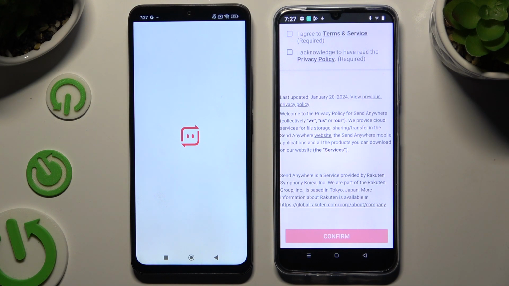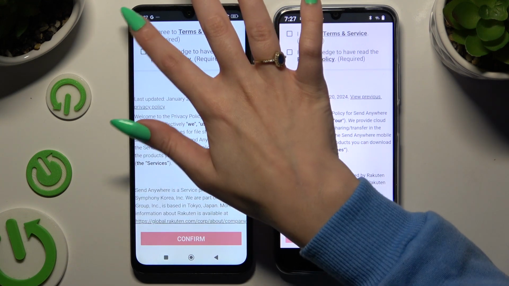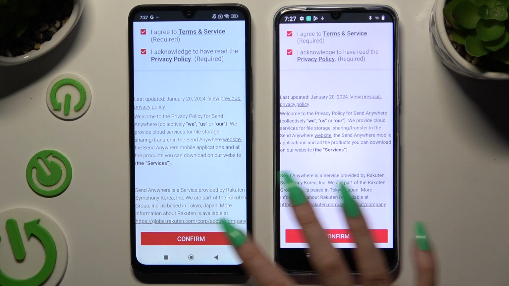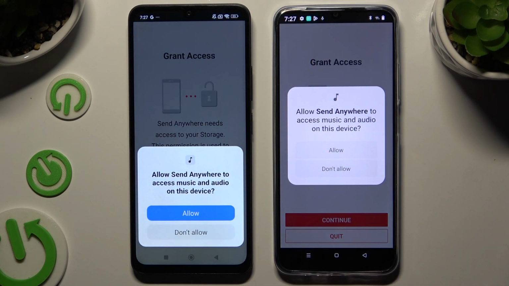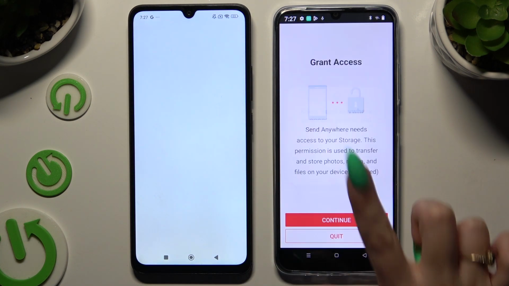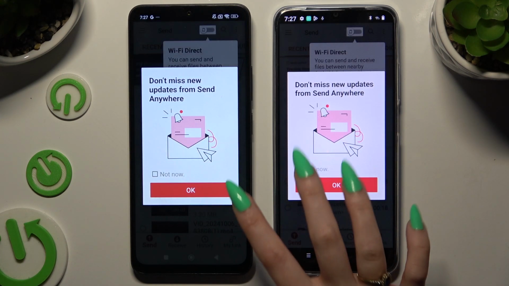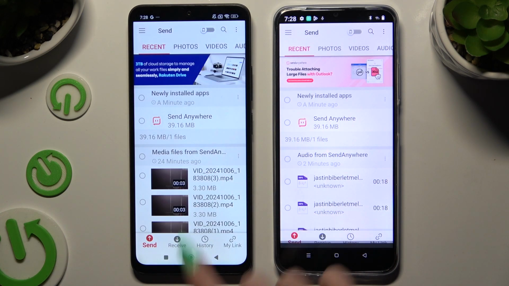Then click on the same options in both apps to set them up. Firstly, I agree and I acknowledge. Then confirm, continue, and allow. Finally, you can tap on whatever you want to in all the other pop-ups, and then when you've finished, hit